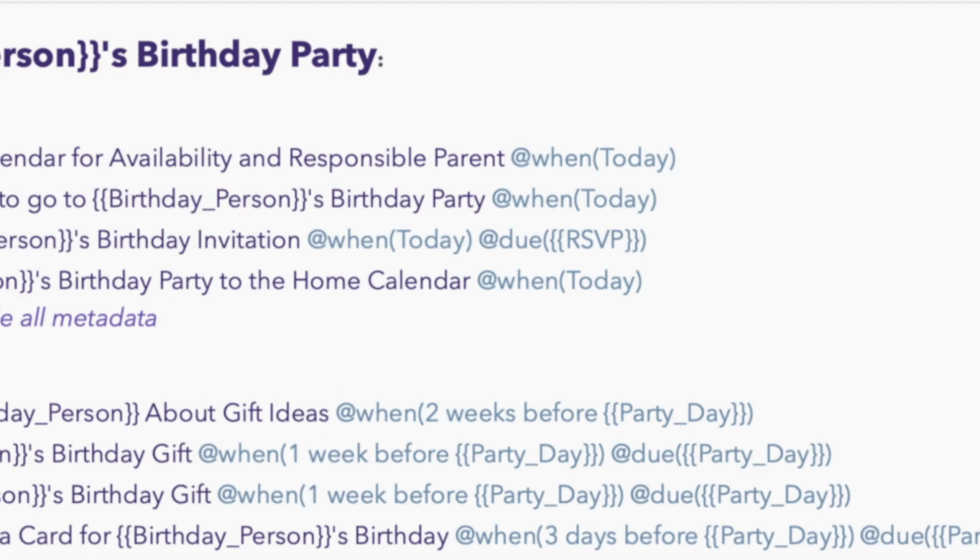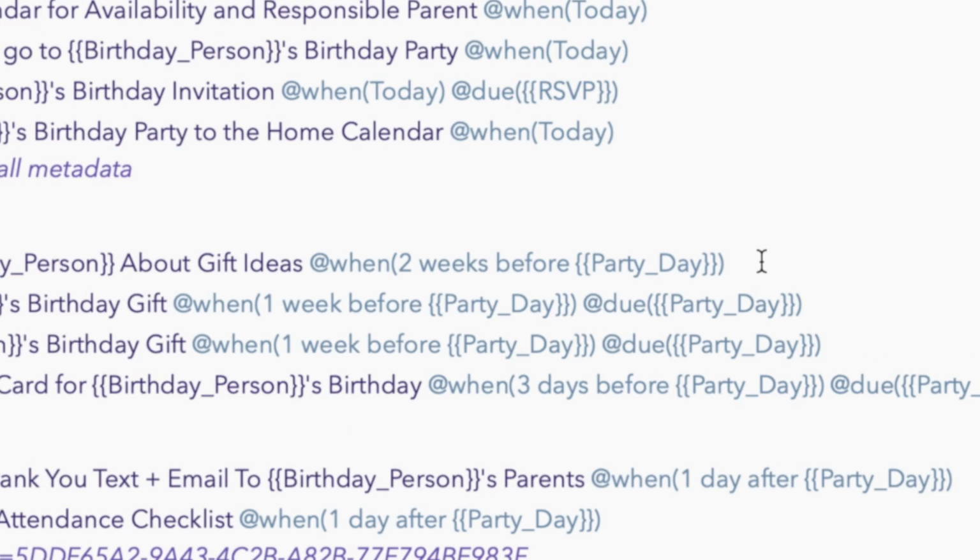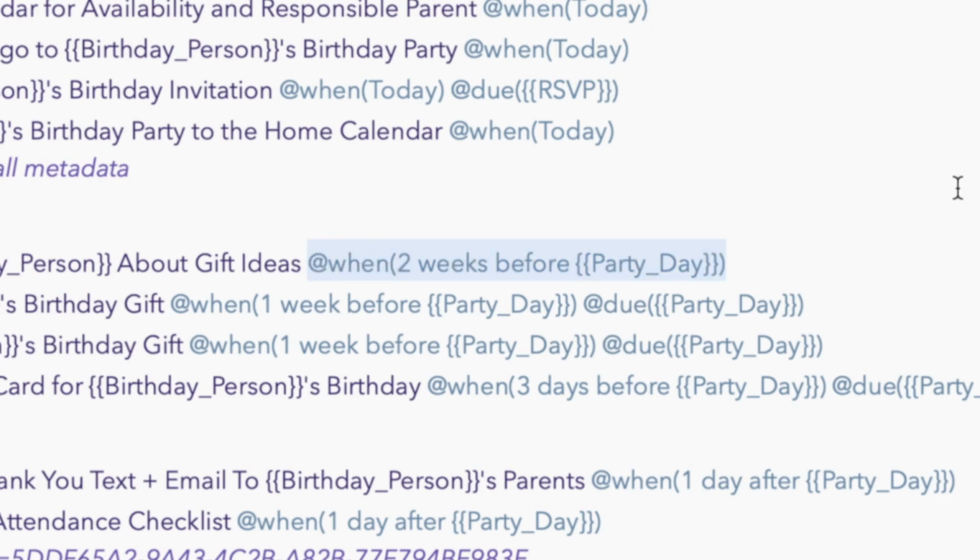My Drafts theme might not make this a very drastic distinction, but if you look at the end of the line where my action items are, you can see the metadata for these action items in a slightly different color. They start with an @ symbol, and while this example only uses when and due, there are more types of data supported like areas and tags. But you can see in these date-related metadata options, I have things like 2 weeks before party day or today. One of the things I love about this workflow is the date math that gets taken care of for me, so I can truly trust my system to remember this birthday project and remind me of specific action items when